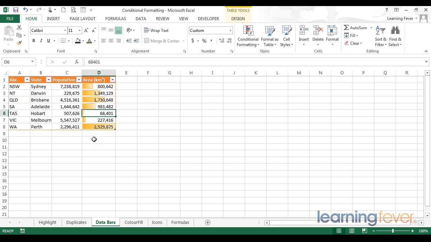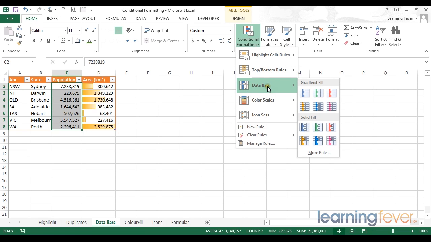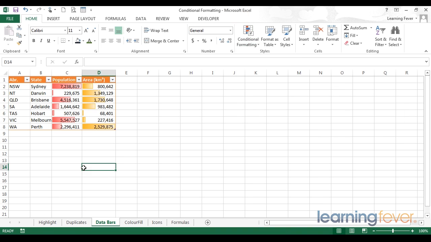And I can do this multiple times. So here I have performed one for my areas in kilometers. I could do something similar with my population. Just for contrast, I might choose red data bars. And here you can see that my population is being highlighted alongside my areas in kilometers, giving me lots of